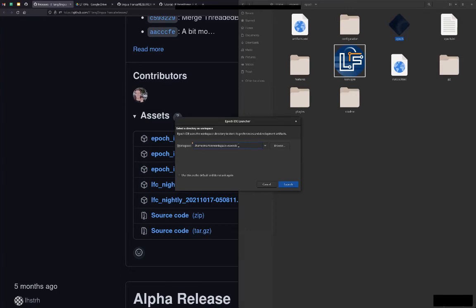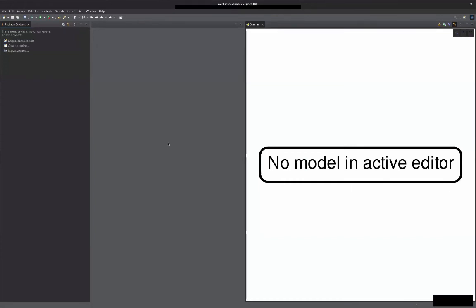Epoch continues to start. The first page that you'll see is a welcome page that is not shown here because I've previously used this workspace. But the welcome page shows the contents of our wiki, and you can just click that away, and then you'll get this screen.